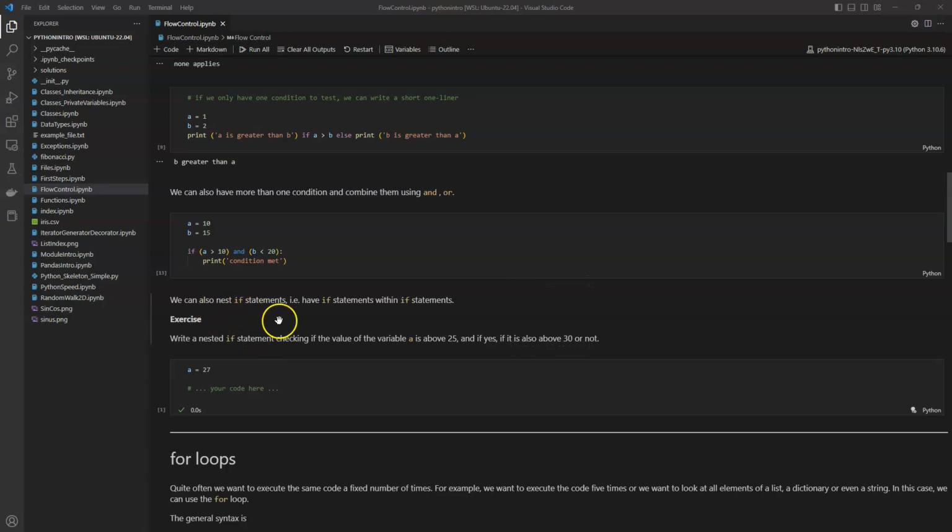We can also nest if statements within if statements, and if we need to repeat this, have if statements within if statements within if statements, and so on. As an exercise, write a nested if statement checking if the value of the variable is above 25, and so